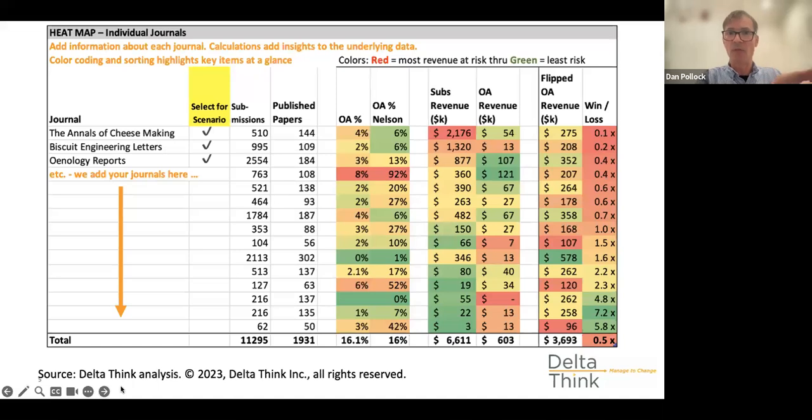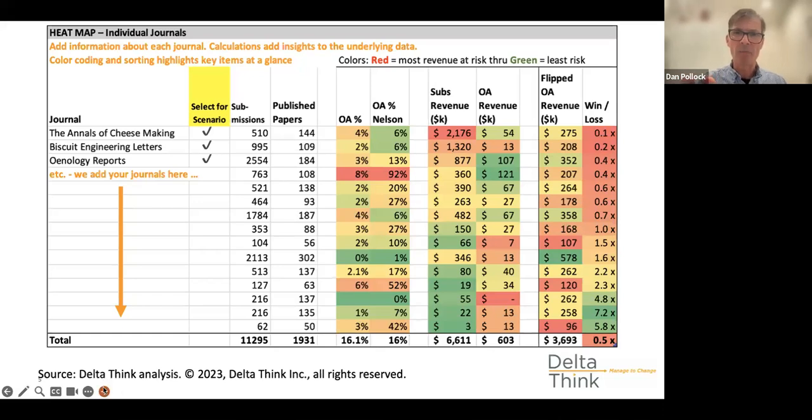As I said, this is fictitious data. It has been inspired by real world projects. So what we try to do with the numbers is get you a sense of how real portfolios might actually work. Although I haven't made up a journal name for every row, we have found cases where you get this sort of balancing act, where you might have slightly lower subscriptions and quite healthy open access uptake, and then all of a sudden moving the journal from a subscription to a fully open journal actually does make sense, and you don't end up losing a huge amount of money, or indeed saving a huge amount of money if you were to shift subscriptions.